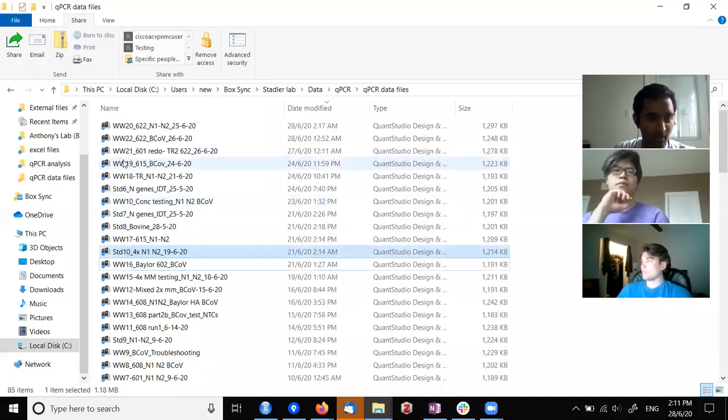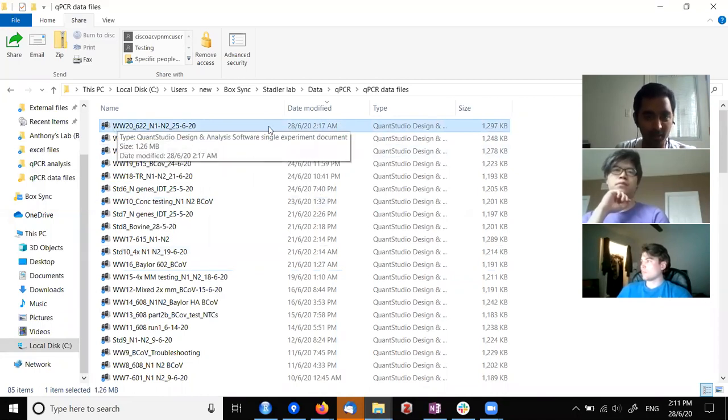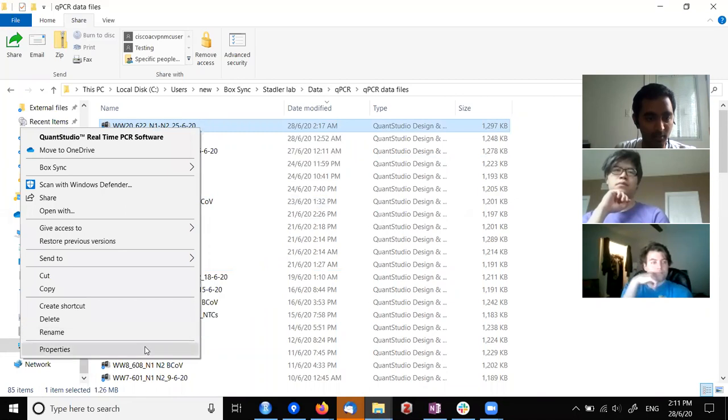So I'll go to one of the recent data files. Let's start with this. This is the qPCR file that I get. It's of the